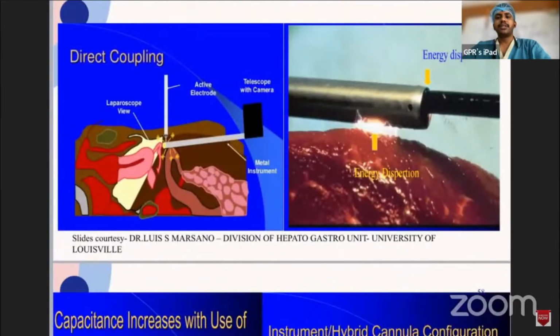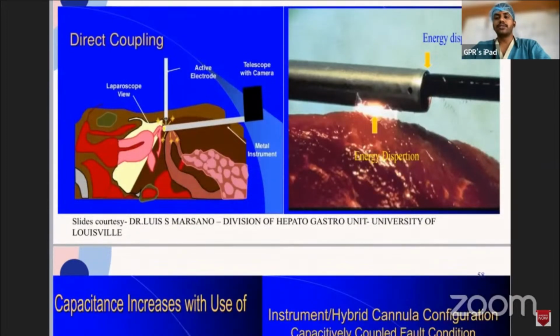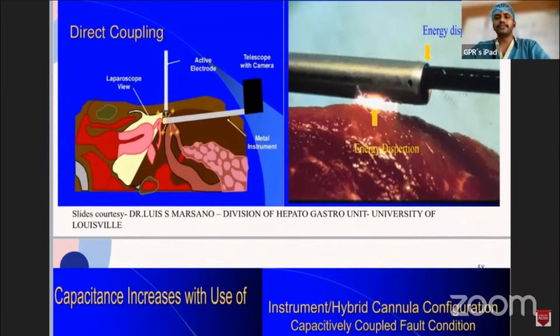So direct coupling is nothing but the overcrowding or chopstick effect that happens out of too many instruments at a particular surgery, reported more in pelvic surgeries. Too many instruments will be there at a time, and one instrument will be touching the other instrument without notice, and that could have caused the problem. And in the second picture, you can see the energy dissipation happening out of the trocar rather than from the cannula. So this comes as zone 3 injury.